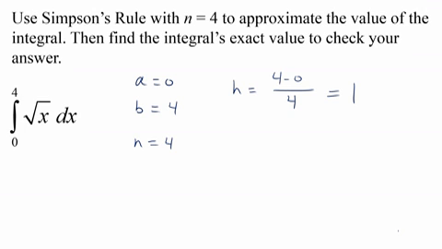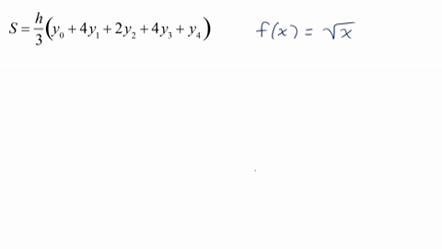So a is 0, b is 4, n is 4. Now we can find h. h equals b minus a over n, or 4 minus 0 over 4, which is 1. Now it's time for the approximation. So using our equation, s equals, remember h was equal to 1, so that's 1/3 times y sub 0. Our lower limit of integration was 0, so f of 0 would be 0, plus 4